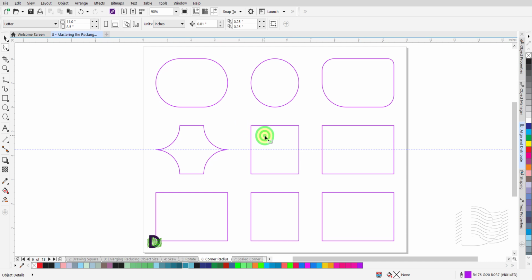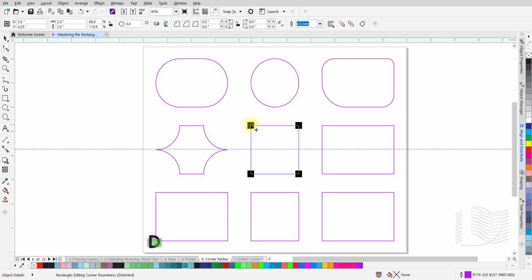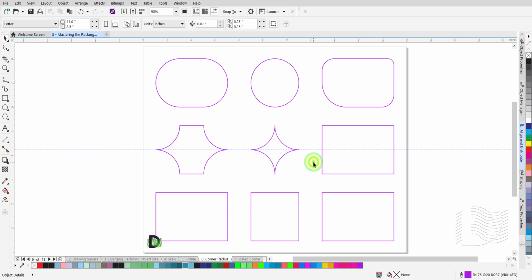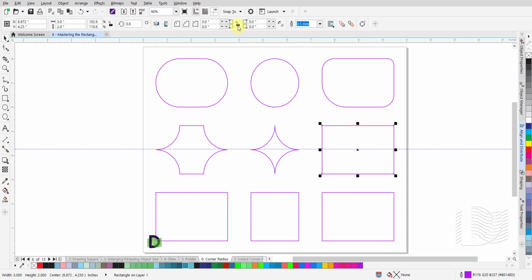Repeat the same steps with a square object. With the Shape tool selected, drag one of the black squares to the maximum distance from the initial point. Switch to the Pick tool and left-click once on a blank area of the canvas. Just like with the round corner feature, you can manually enter the values for the scalloped corners. With the lock active, click in one of the corner fields and enter a value of 0.75 inches. All 4 corners are proportionately changed to reflect a radius of 0.75 inches.